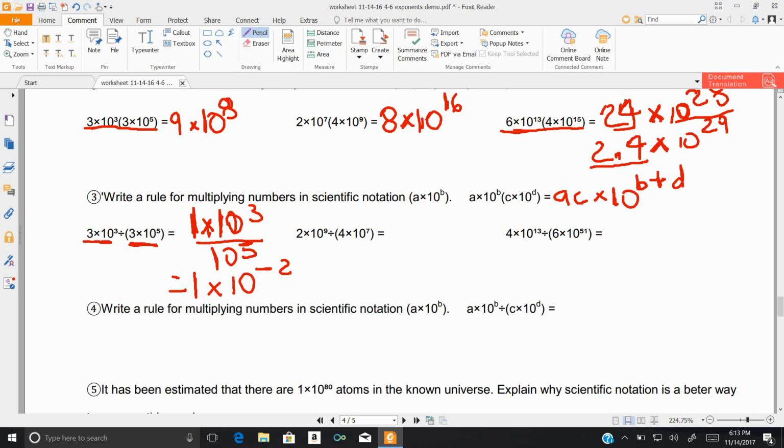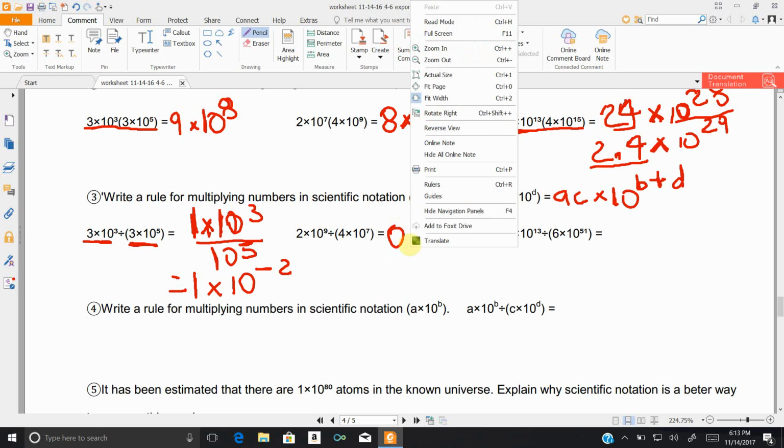And with scientific notation, we always use negative exponents. We never use fractions. When we have negative exponents, if the exponent is positive, we use a positive exponent. But we wouldn't say 1 over 10 to the second power. We would say 1 times 10 to the negative 2 power. Okay. So likewise, when we have 2 times 10 to the 9th divided by 4 times 10 to the 7th,